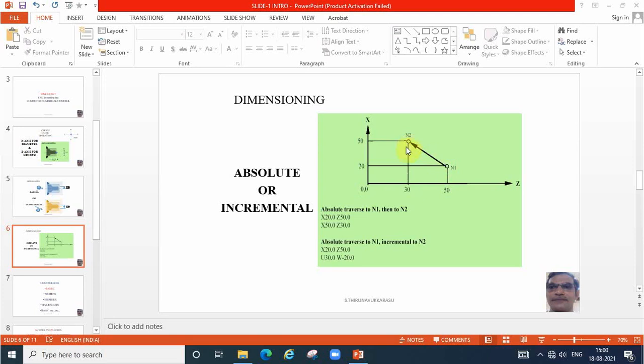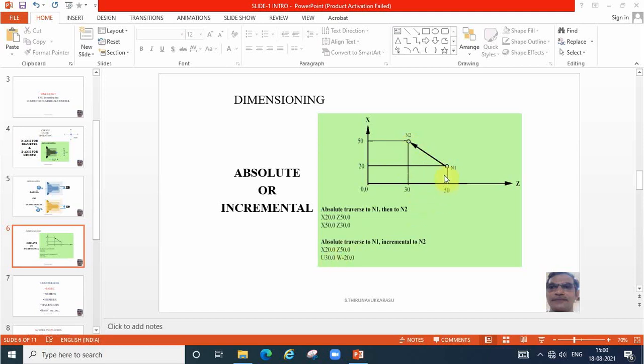For that we use u and w instead of x and z. X and z are absolute commands; u and w are incremental commands. So incrementally, how much variation occurred? That only we have to mention. From n1 to n2, what is the x value? From 20 to 50 it increased, so 30 units increased. So the x value is 30 incrementally.